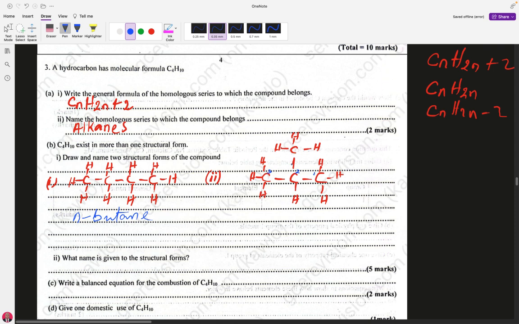The methyl group is located on the second carbon, so we can say it is 2-methyl. The parent compound has how many carbons? 1, 2, 3. So our name becomes 2-methyl